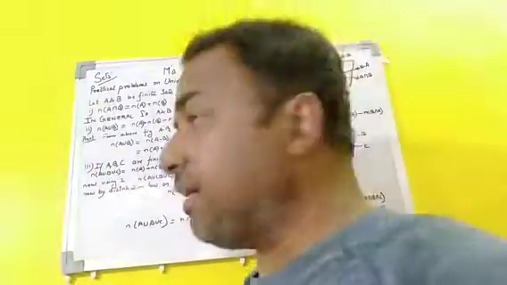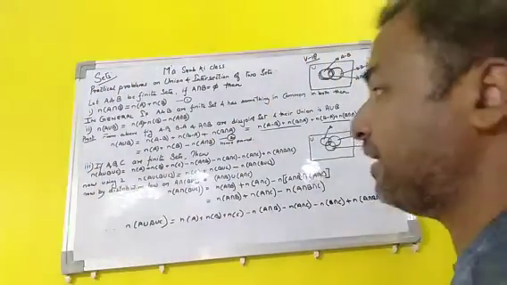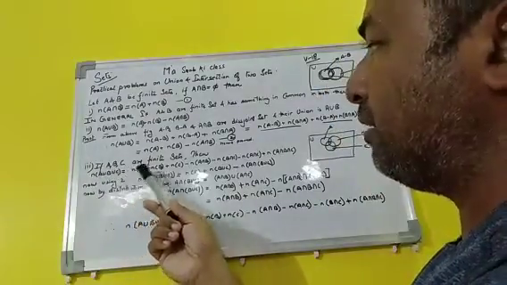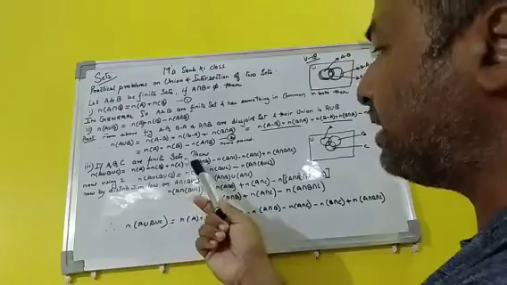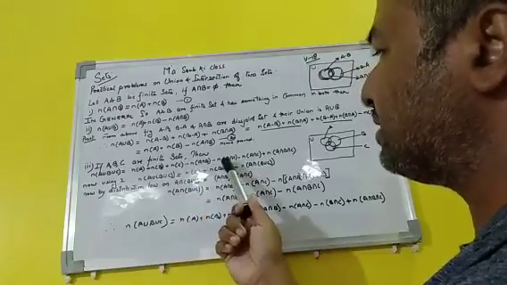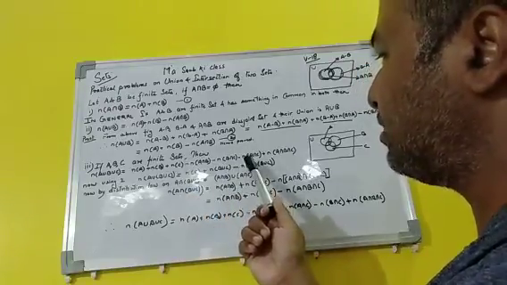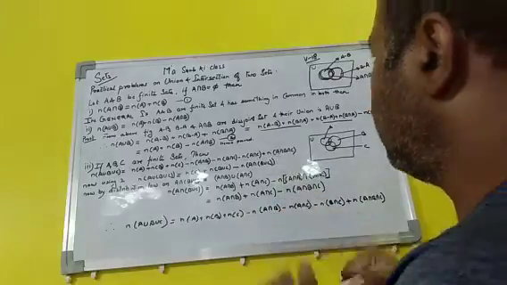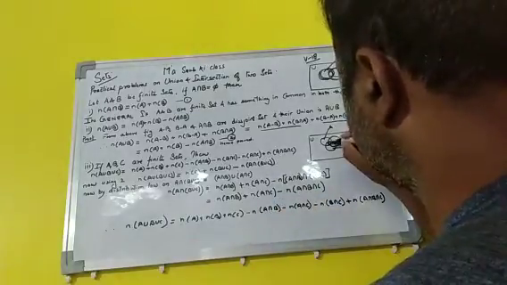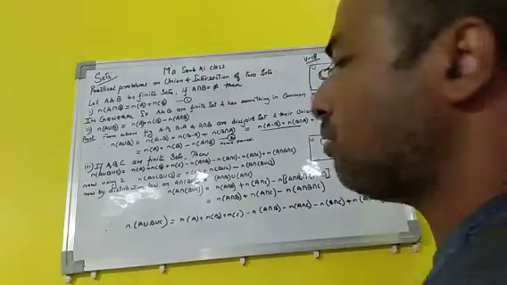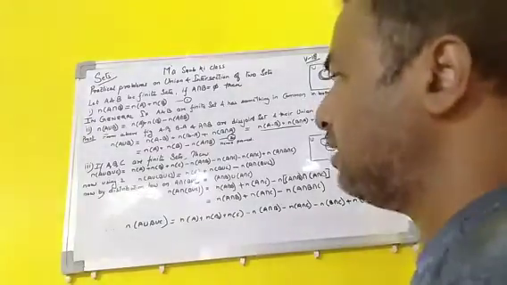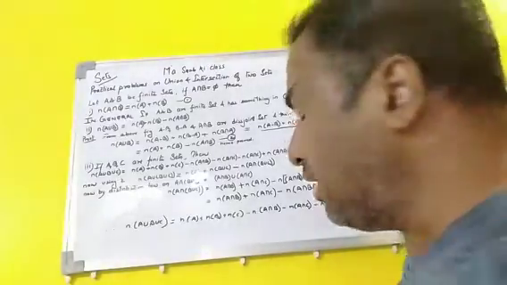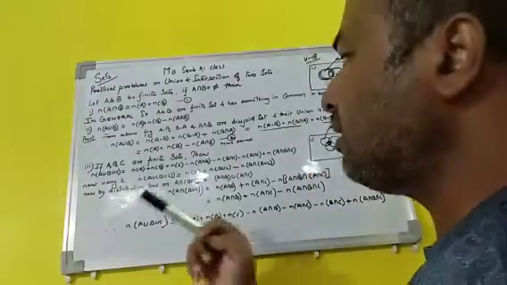Moving ahead, when we have three sets A, B, C as finite sets, then n(A union B union C) is equal to n(A) plus n(B) plus n(C) minus n(A intersection B) minus n(B intersection C) minus n(A intersection C), and then in addition n(A intersection B intersection C), which will be this part, this one, which is common to all three. How will we get this equation? So just moving on, we will solve it and see how we reach this conclusion.